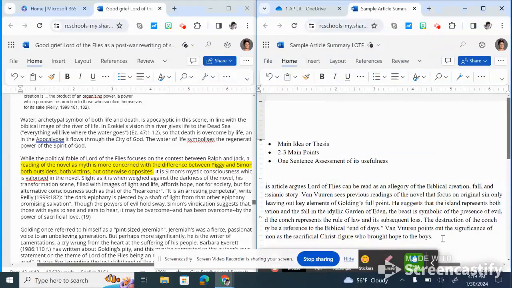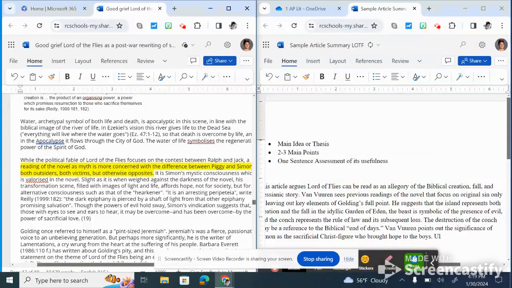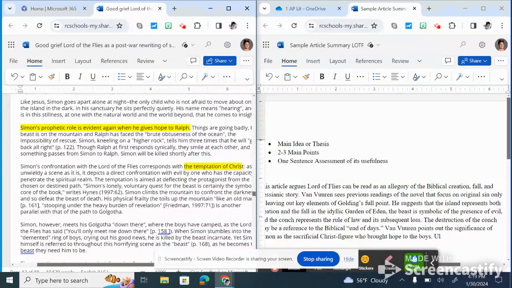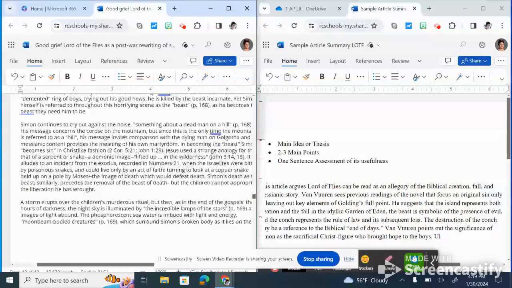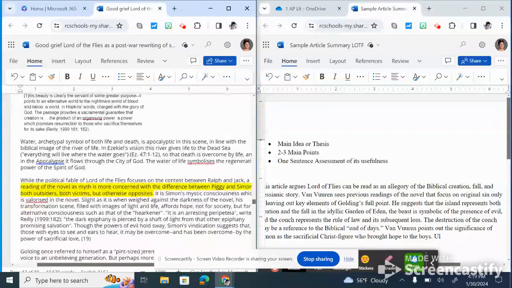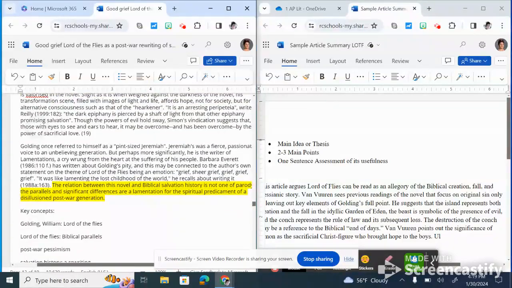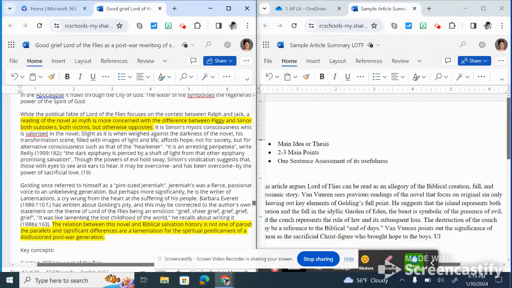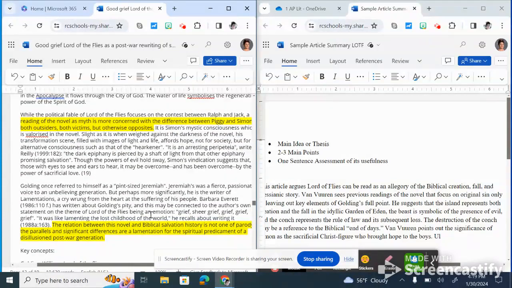Let's see. And then here at the end, so now we get to the end of this. I'm reading every first sentence here, but I don't notice I'm not including everything in this very short summary. Simon continues to cry out, and as I read, there's no set conclusion, but here I am at the end of the article, so I'm just going to read these last two paragraphs in the hopes that it gives me some conclusion material.